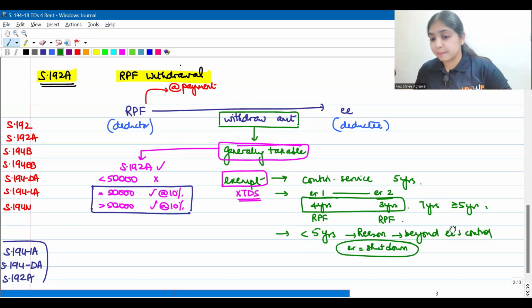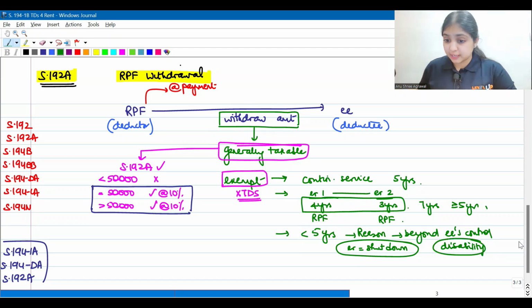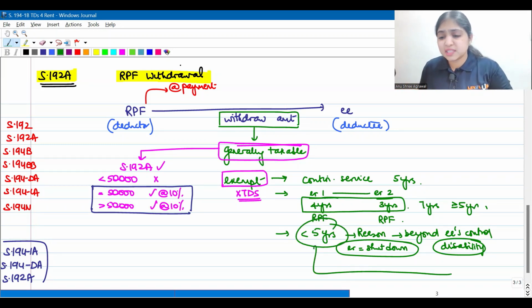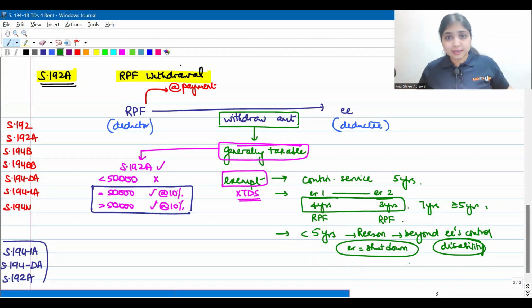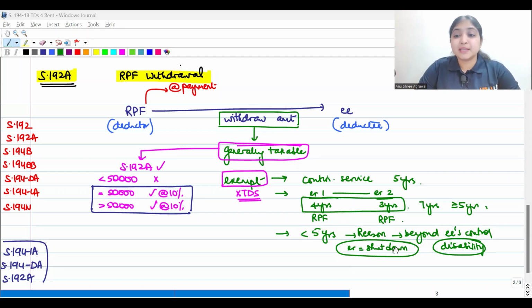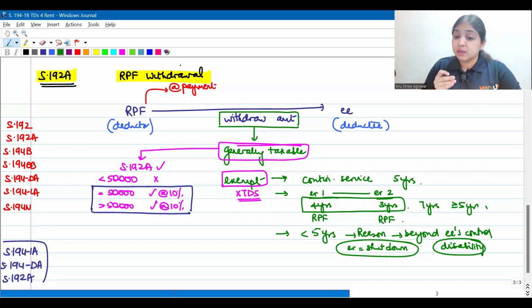I'll give you one more example. Let's say the employee attracts some disability. He's now disabled. If he is suffering from a disability, even though he wants to continue to work, he cannot work. He has to leave within 5 years because he's suffering from a disability. So in such cases, yes, he worked for less than 5 years, but the reason was beyond his control. In such cases also, we will exempt the entire amount withdrawn by the